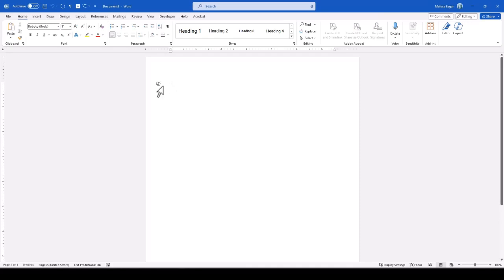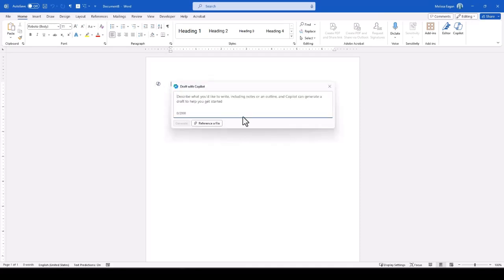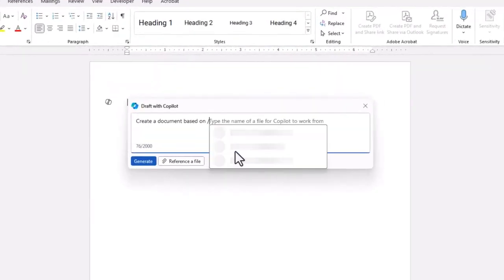In Microsoft Word, we can use Copilot to help us draft documents using prompts or by referencing existing documents. In this example, I'm asking Copilot to draft a document based on a PowerPoint presentation.